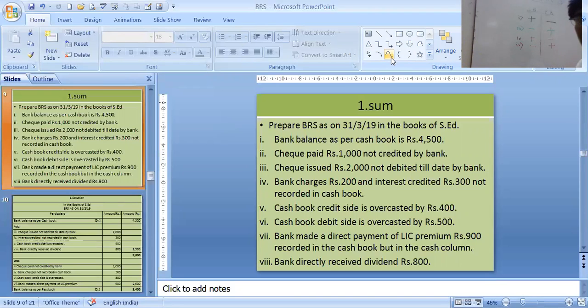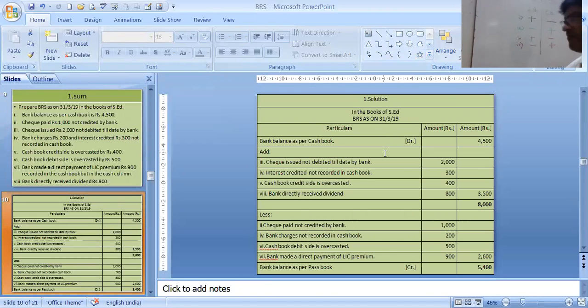So these two entries. Before I proceed further than 4, I will be showing you how we will be doing this. See, the first one, what balance is it? Bank balance as per cash book. So we will follow which book? Passbook. We will follow the passbook for plus minus, because this is favorable as per cash book. So we will see the opposite book, the passbook, for plus minus.